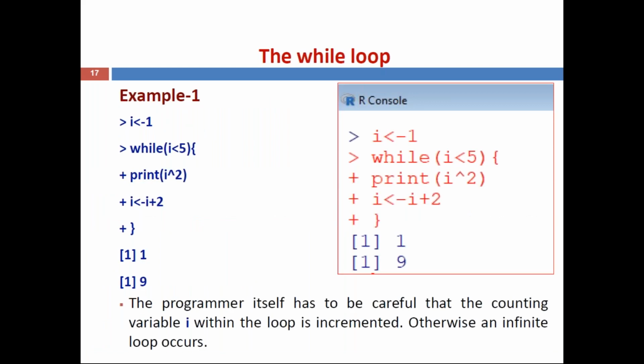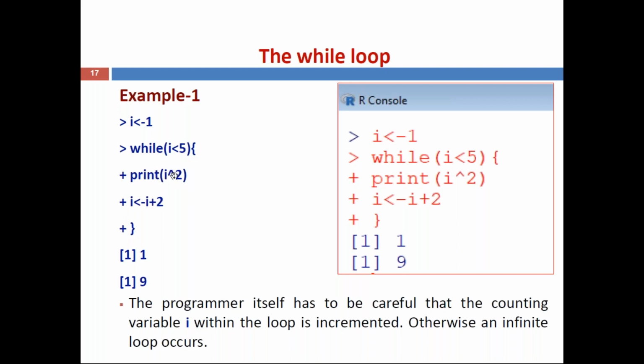Here first an initial value is required in case of a while loop. For a for loop, we are already giving the range values in the vector, so it takes the first value as the initial value by default. But in case of while and repeat loops, we have to assign the initial value. So here we assigned i as 1, then while i less than 5. Whenever this condition is true, only then does it enter the while loop and execute the commands inside it. If the condition is false, it won't execute the commands inside the loop.